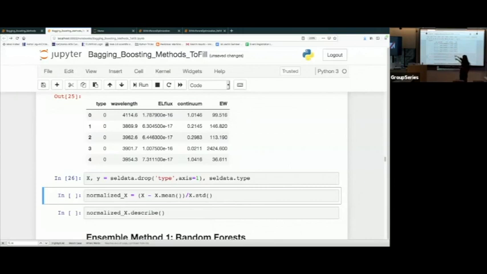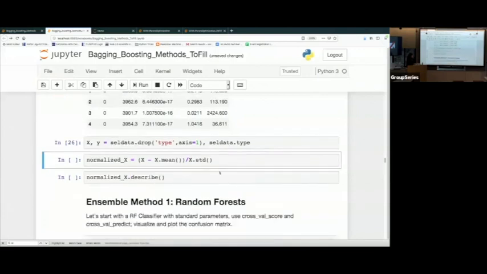Because remember that you may have something that is of order 10 to the negative 16, and something of order unity. In general, this kind of range is not particularly well handled by things that do matrix multiplications. And so for us it doesn't matter, but it's not a terrible idea to so-called standardize your data. You can do it, scikit's pre-processing has a scale function, but just to see what it is, I'm